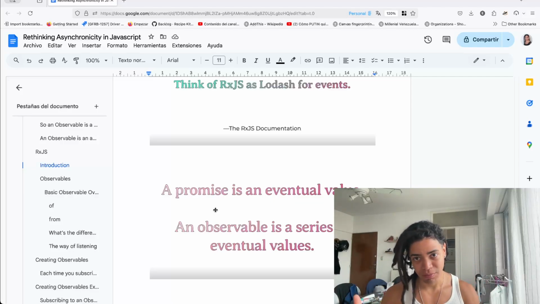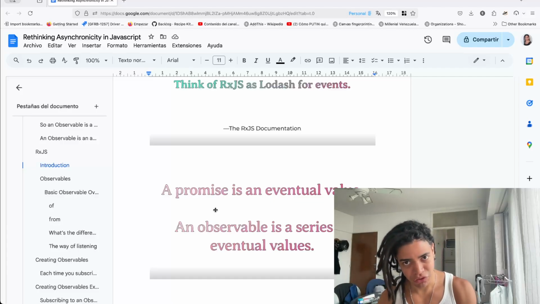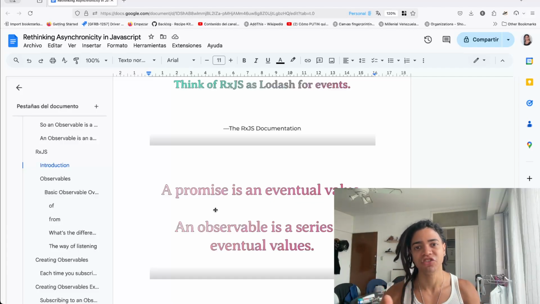And the promise is something native to the language, and it has more priority than the callback queue. This is an abstraction that helps us deal with an eventual value, but only one. We also have the event loop, which is the coordination between the callback queue and the stack,